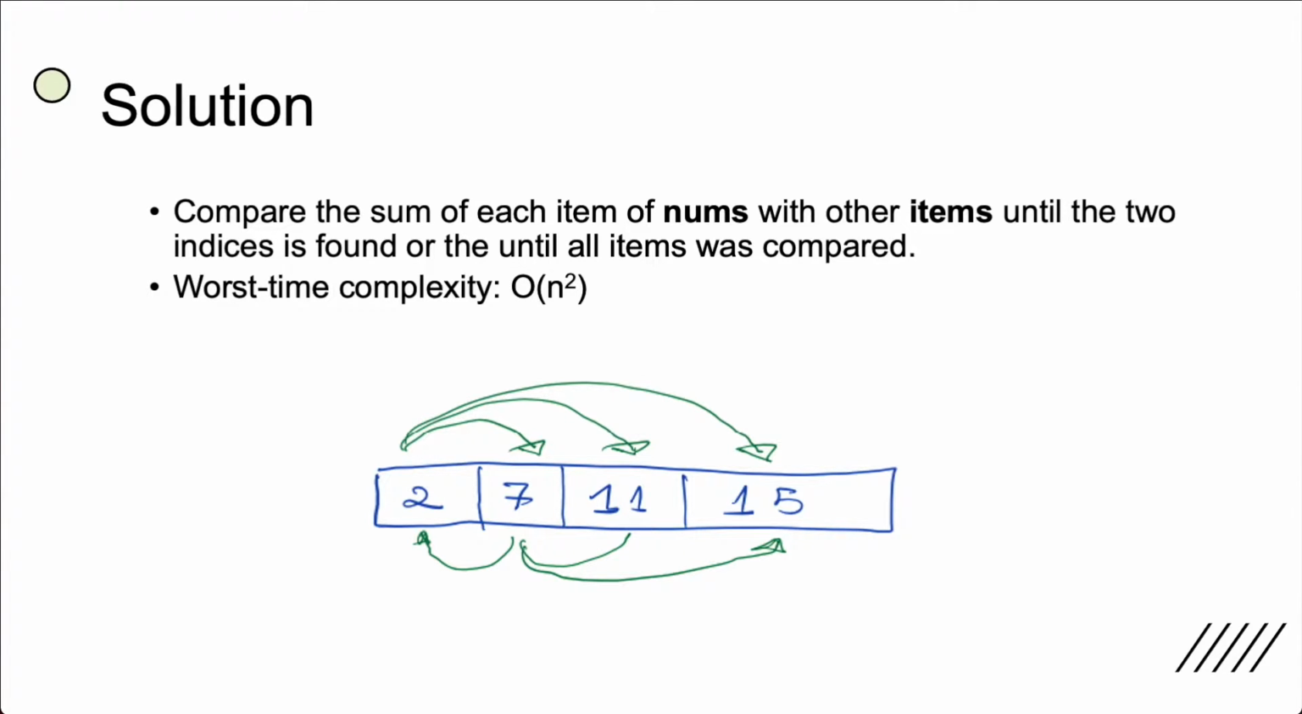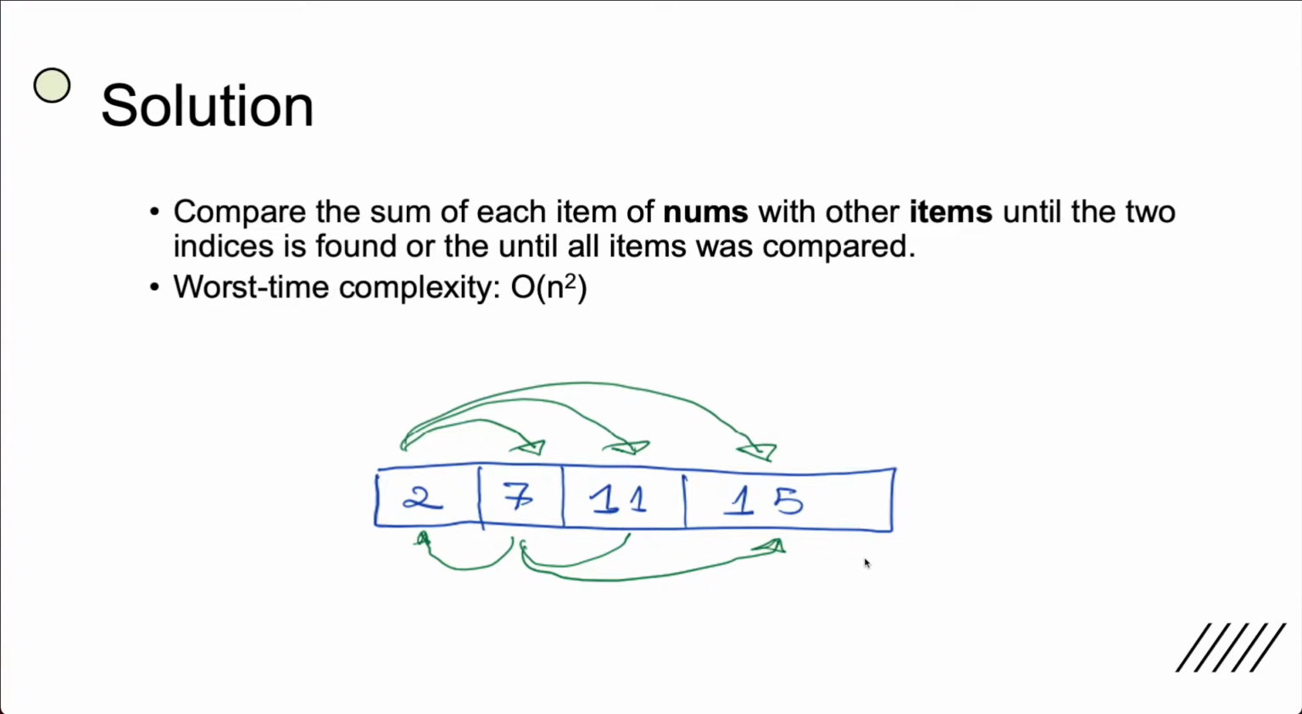I already solved this algorithm, of course. And basically my implementation compares the sum of each item of nums with other items until the two indices are found or until all items were compared. The worst time complexity of the implementation I did is O(n^2). Well, it is by far not the best implementation. And I also added this